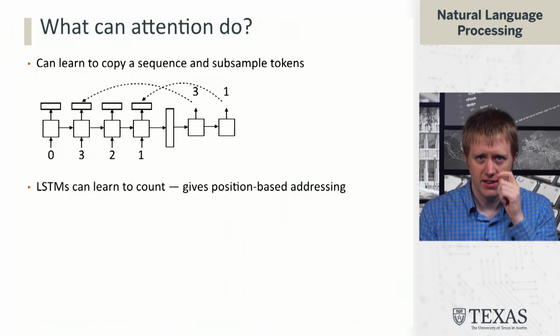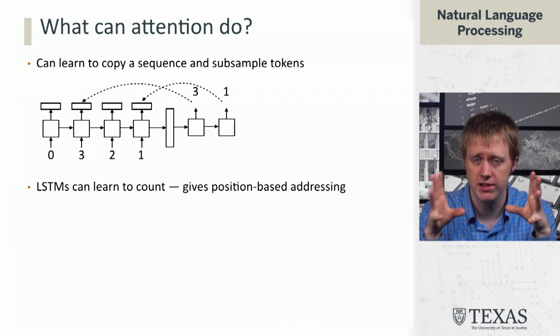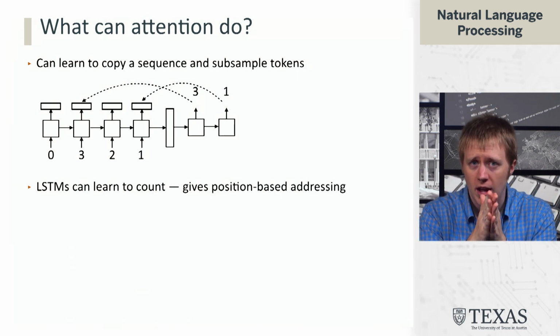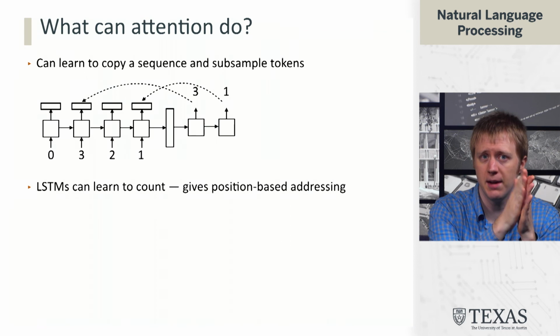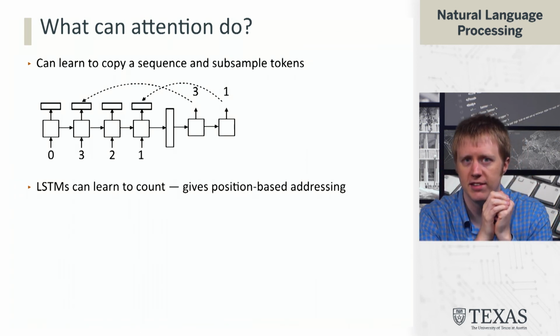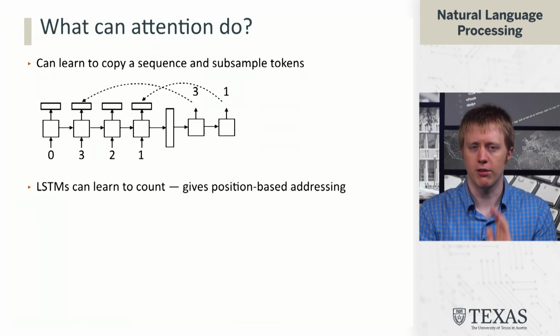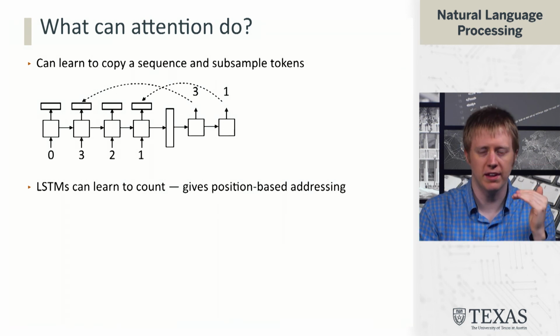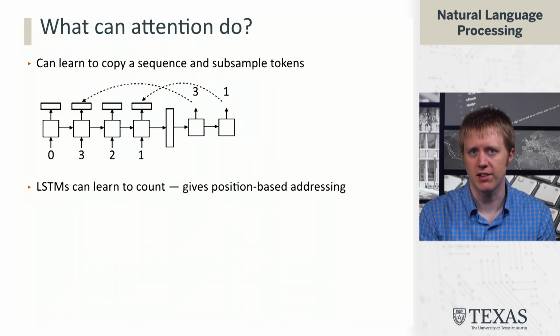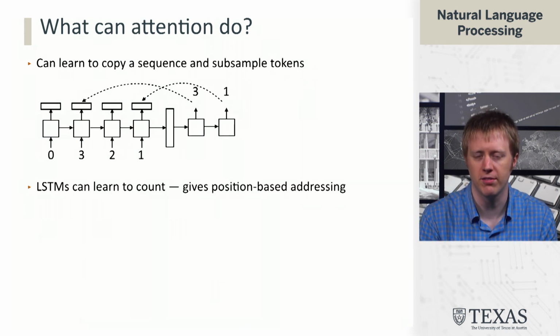All right, and then in terms of actually figuring out how these attentions should be set up, LSTMs can learn to count. So essentially one way to think about what a model could be doing is imagine the LSTM internally has this counter in its hidden state that's just counting up. And then in the decoder, we reset that counter and start from 0. And so the model should prefer to attend to things that are low in the count or at the beginning of the input with a sort of position-based addressing